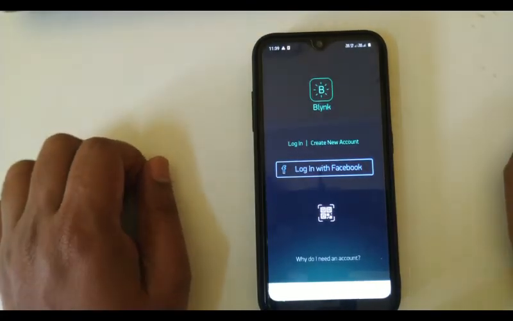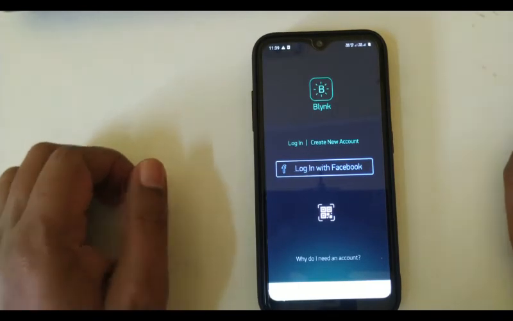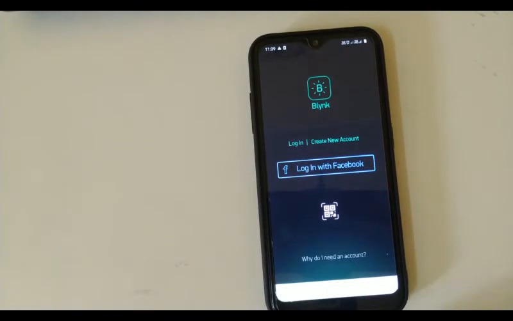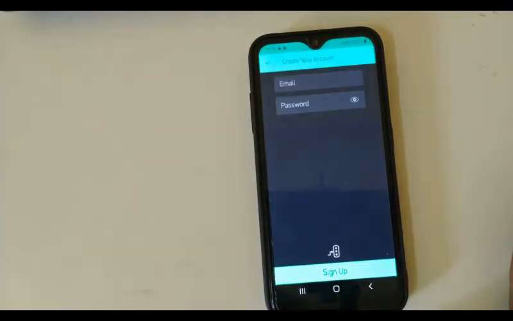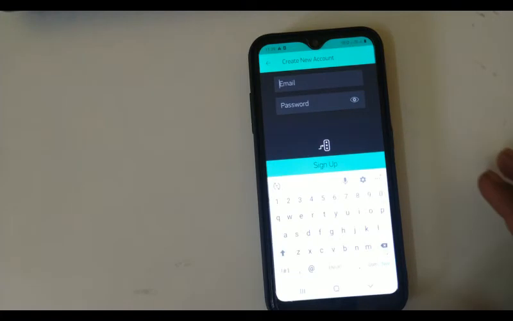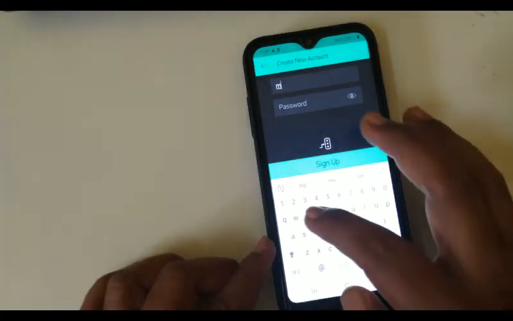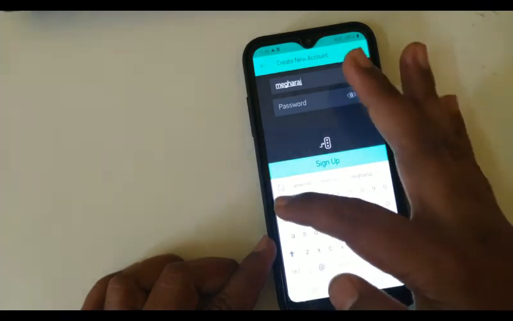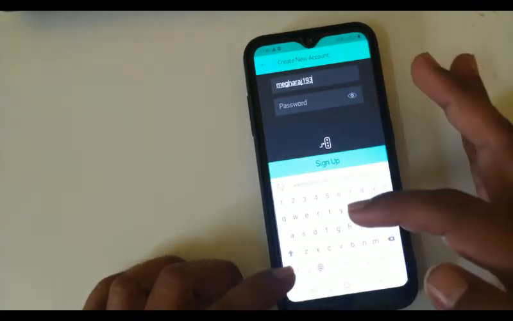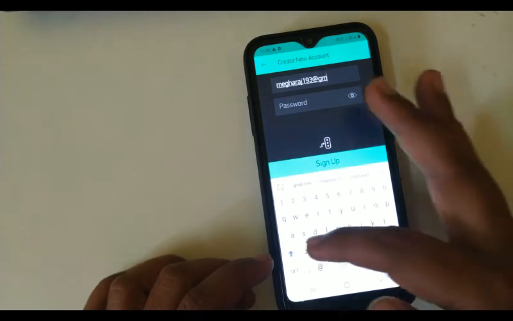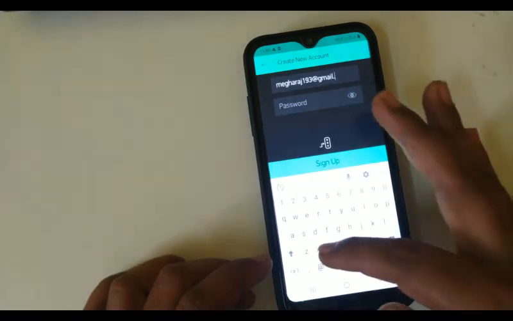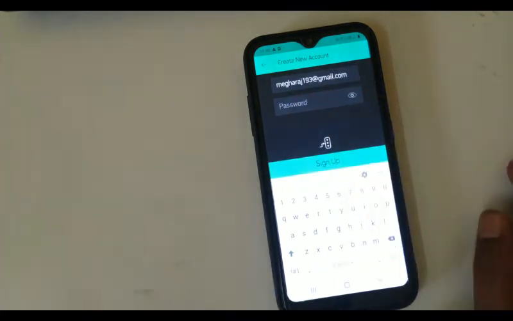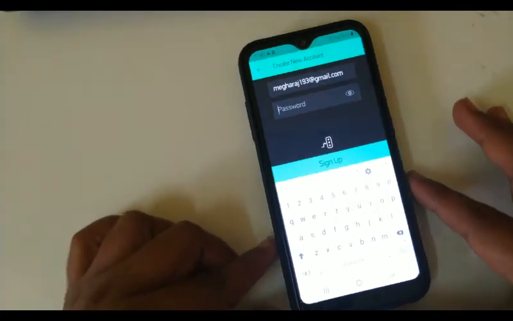Okay, so it asks for creating an account. If you already have an account, you can log in. Otherwise, we need to create an account. So I will select create an account. Email, you need to give your valid email ID. Okay, password, you can choose any desired password.